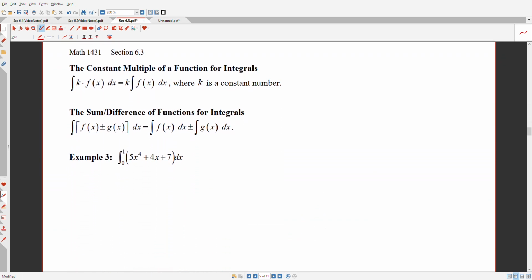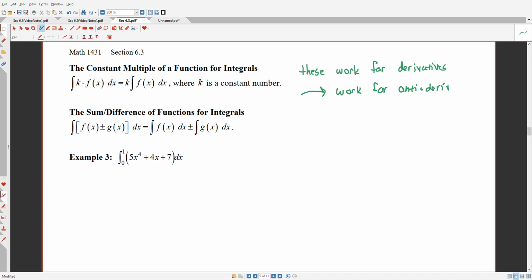Alright, so here we have some rules that should sound familiar, and if you really think about these two rules that are being stated here, these work for taking derivatives, right? The derivative of a constant times a function is the constant times the derivative, and so now we're just saying they also work for antiderivatives,